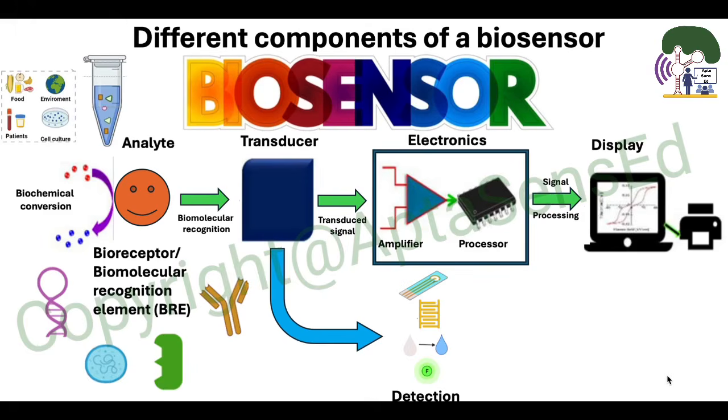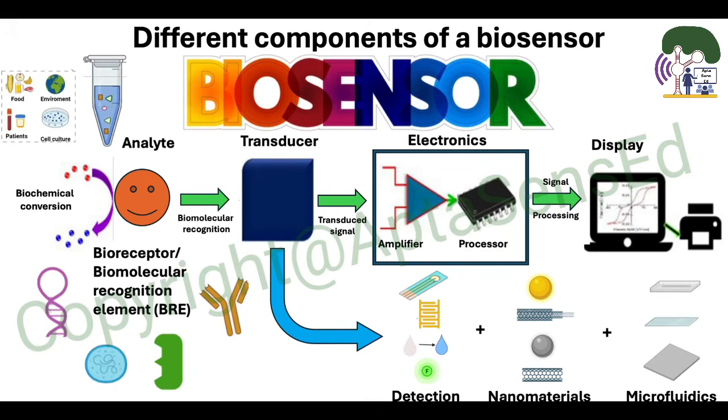Modern biosensors often incorporate advanced technologies to enhance their performance. Nanomaterials can be used to increase sensitivity or improve the immobilization of bioreceptors, and microfluidics can allow the precise control of tiny liquid samples, making biosensors smaller, faster, and requiring lower volume of sample. These all contribute to more effective detection.